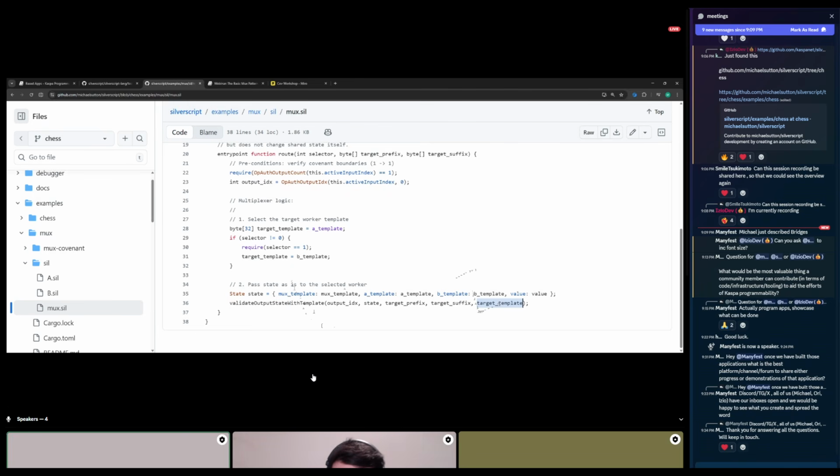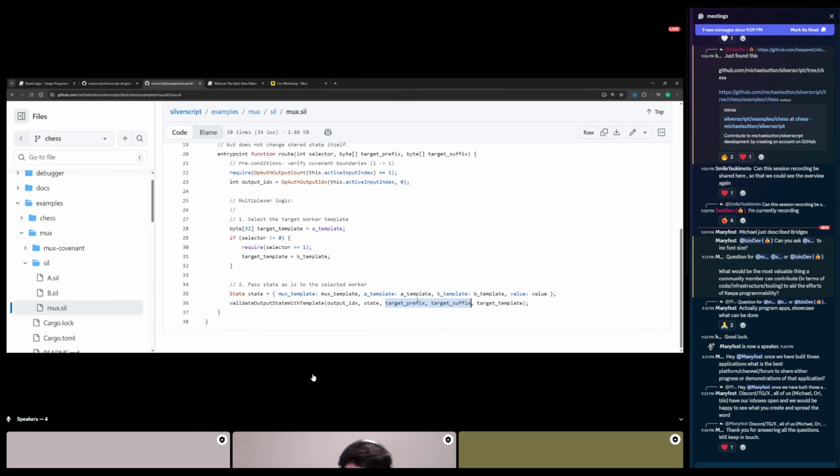So it's a built-in function, meaning the compiler understands this statement in a special way and generates a series of opcodes verifying something more complicated. What it's going to verify is that the output script I'm sending to actually obeys, or is part of, this template script. And to validate that, it's going to use these witnesses we're bringing here, which are part of the contract: the prefix before the state and the suffix after the state.